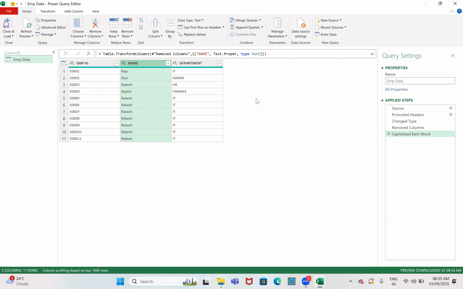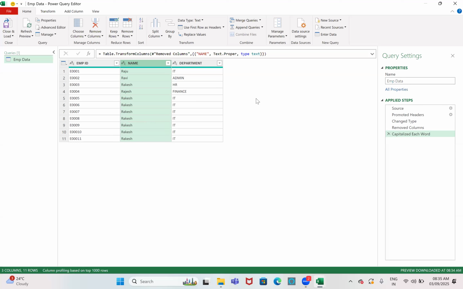Whatever raw data you get, on that raw data we don't create any report. First of all we convert the columns into our required format, then only we create the report. Those transformations you can do using this Power Query Editor. More in detail, each and every option you are going to learn in the Power BI classes.